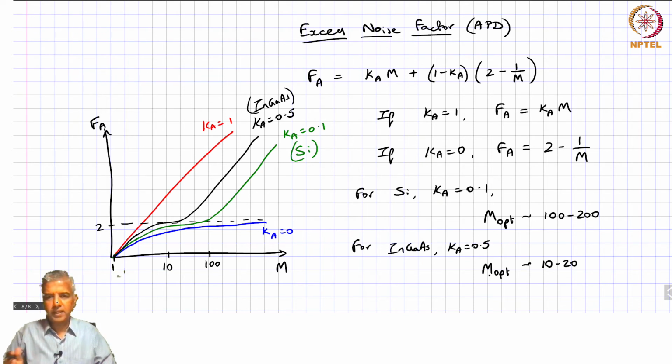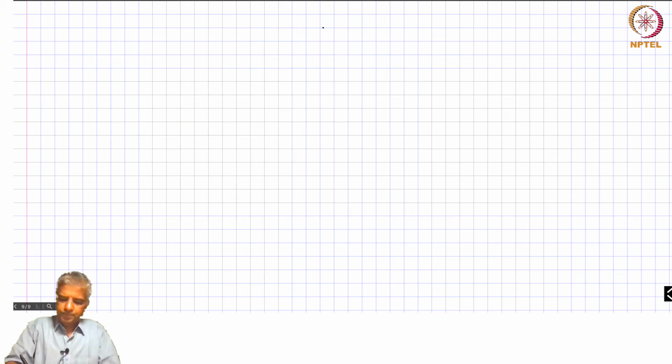Okay. So that is actually some of the properties of this avalanche photodiode. Okay. Now let's look at another aspect of this, which is basically the response time